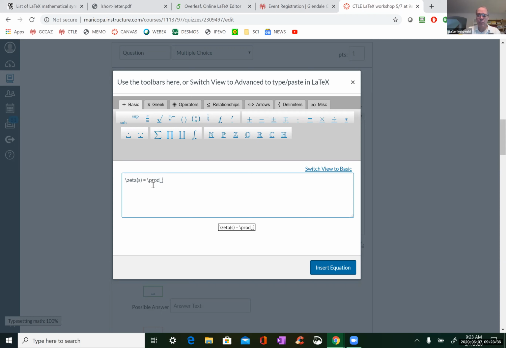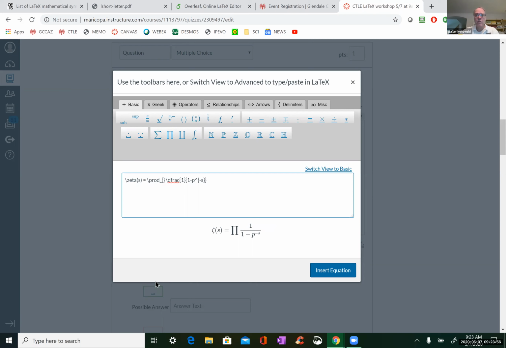Let me leave that for a moment. So dfrac 1 over 1 minus p to the minus s, I believe, right?